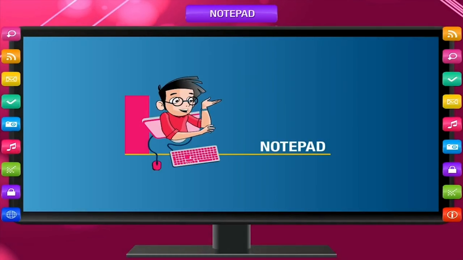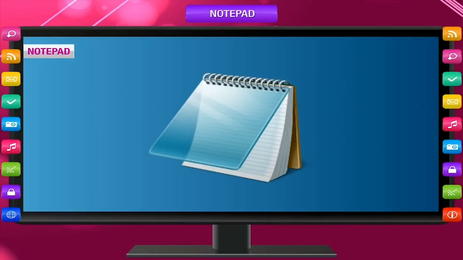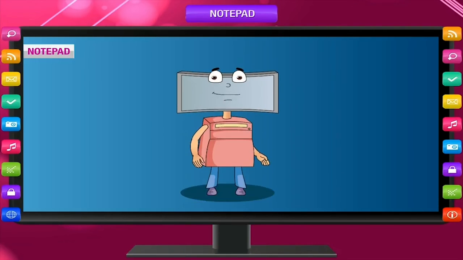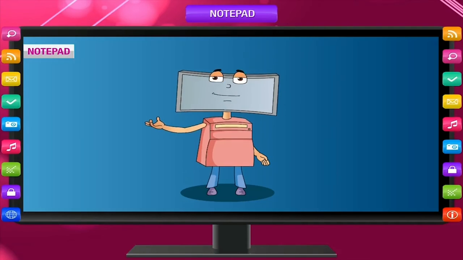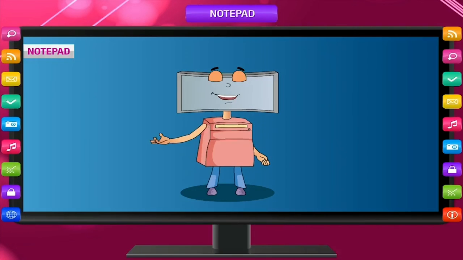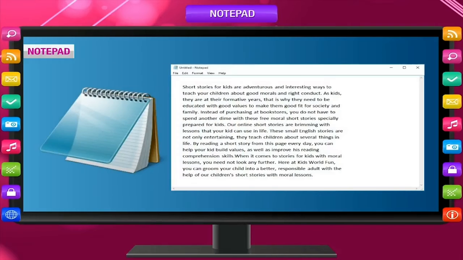Let's discuss Notepad. Notepad is a very useful application software that you can use to type or write simple text. You can use Notepad instead of using a notebook. It has unlimited pages. Moreover, in case you write something wrong, you do not need to write all over again. You can make the correction on the same page. Making corrections in the text is known as text editing.